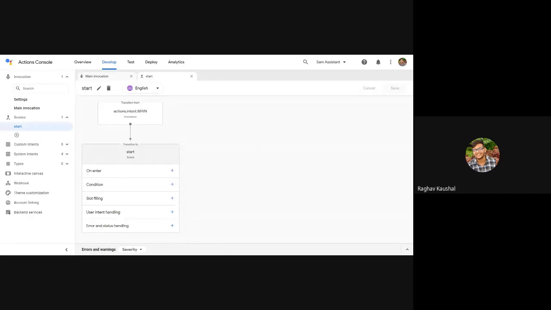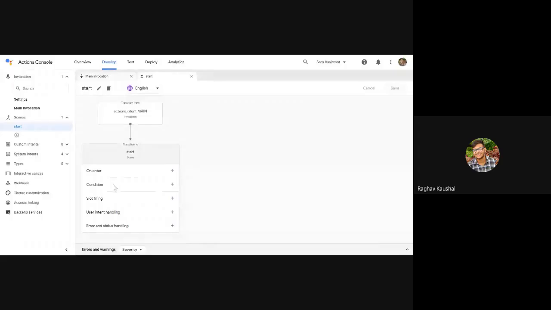Condition is whenever you enter the scene, and if the condition matches, for example whenever the user says yes, then we will do that. So we'll put 2 conditions, yes and no.